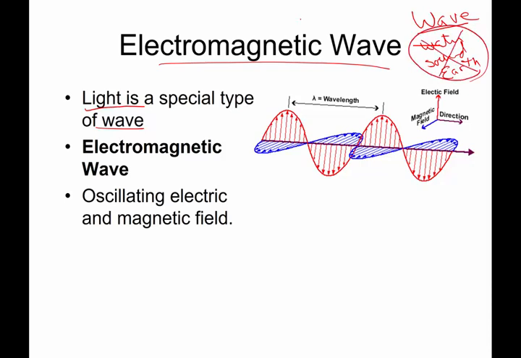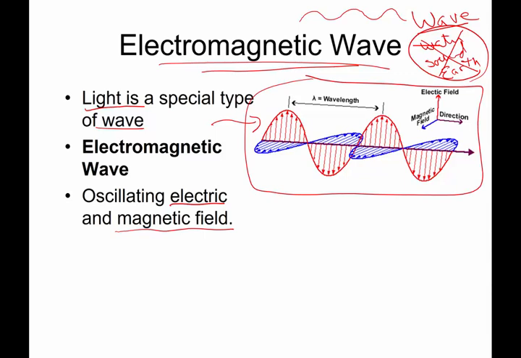A wave is energy that is pulsing back and forth in some sort of a rhythmic manner. Electromagnetic waves are very unique and very special and really cool and nifty. Electromagnetic waves are produced by an oscillating or changing electric field and an oscillating or changing magnetic field. Here is a sketch or a drawing of what an electromagnetic wave looks like. If you ever take a physics course that really explores electricity and magnetism, you'll go into this in great depth.